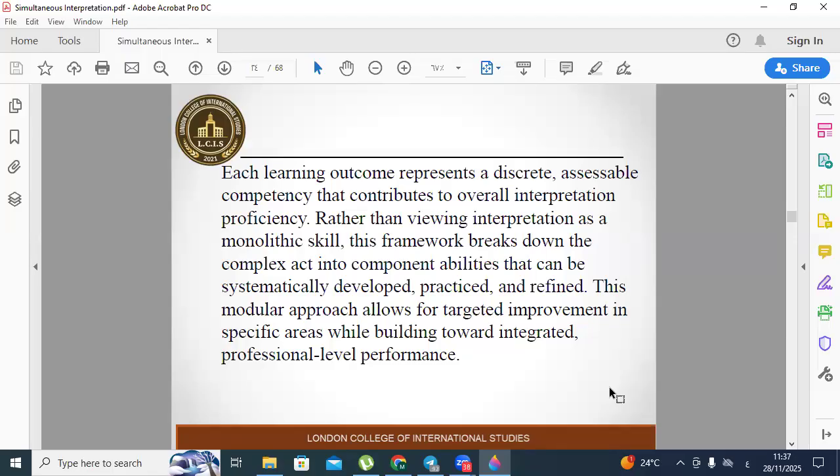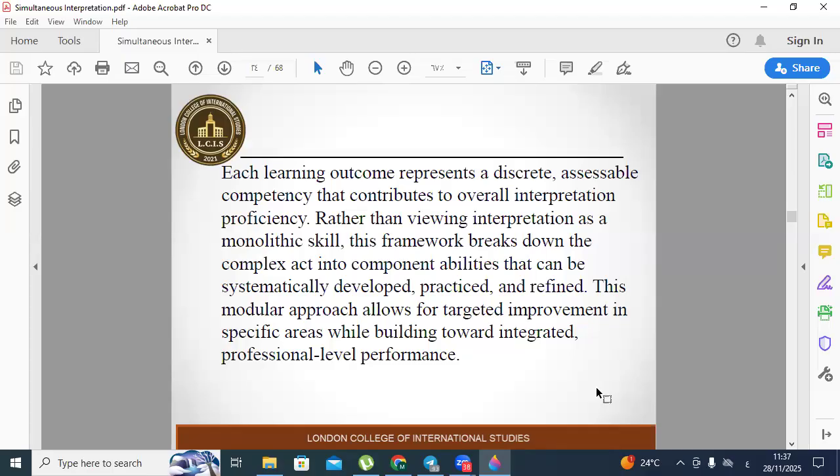Rather than viewing interpretation as a monolithic skill, this framework breaks down the complex act into component abilities that can be systematically developed, practiced, and refined. This modular approach allows for targeted improvement in specific areas while building toward integrated professional